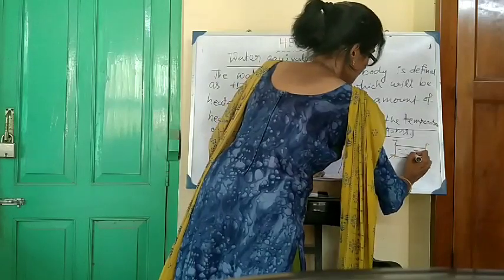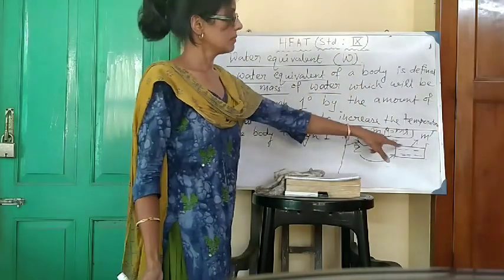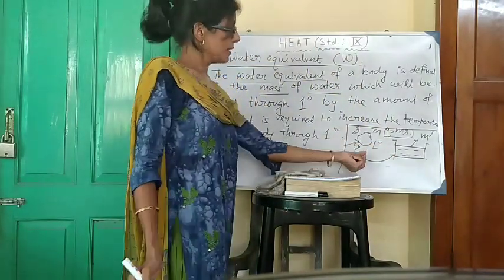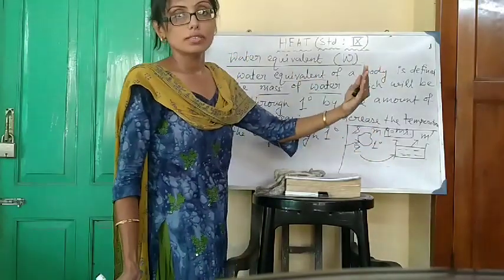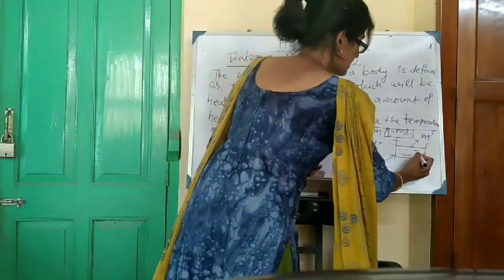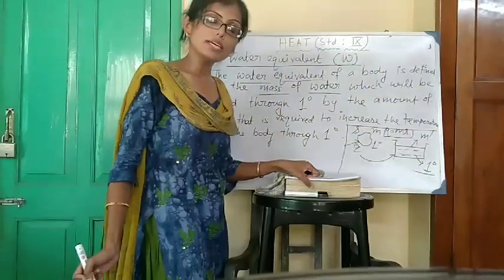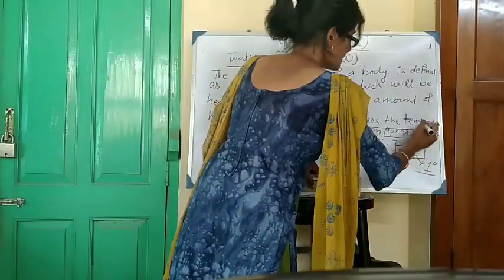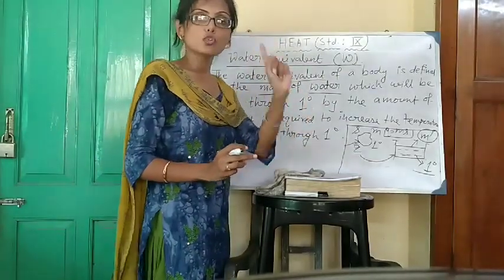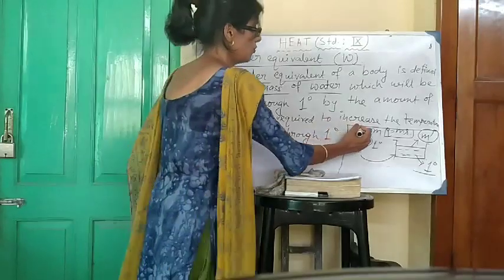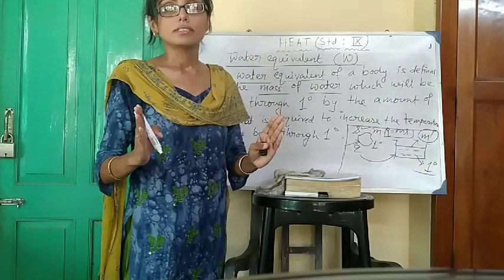to some water. Mass of the water is M prime. Consider the mass of the water is M prime. We are supplying the heat Q to M prime mass of water such that the increase in temperature of water is also 1 degree. Okay, then this arbitrary mass M prime, arbitrary mass of what? Arbitrary mass of water. M prime is called the water equivalent of the arbitrary body. Water equivalent of the body which was considered.